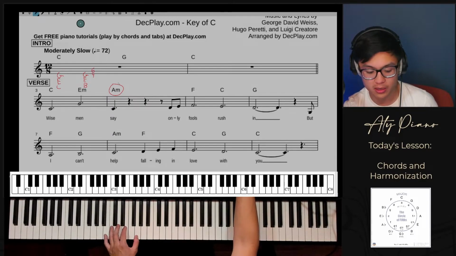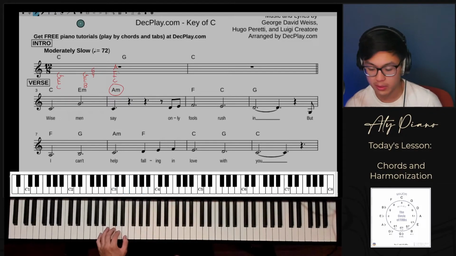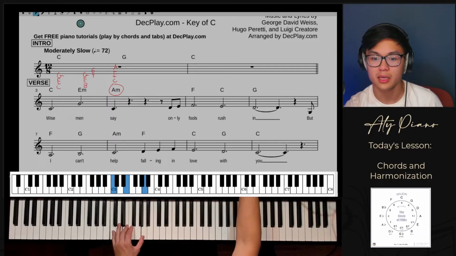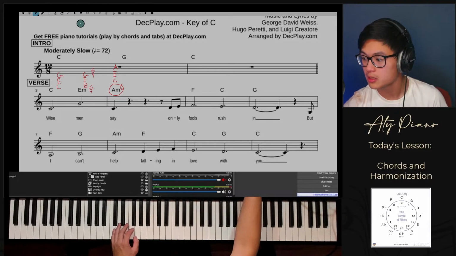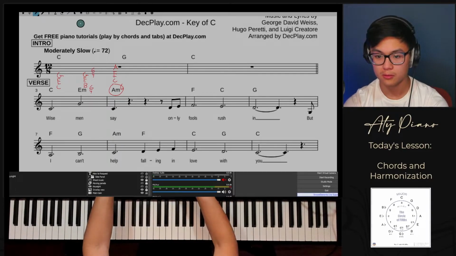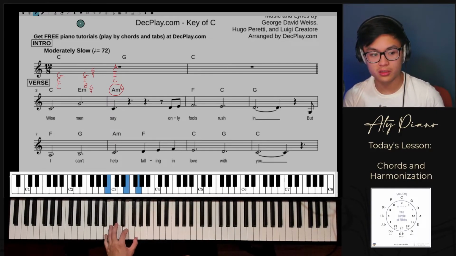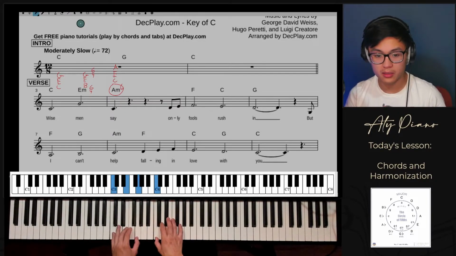And then we have A minor, where we went C, E, A. So if we go to our A minor chord and invert it once with the A on top, we have like an A6 chord. 6, 4. And this should make it a little bit easier to play a lot of our passages. So one more time, second inversion, first inversion. So if we put that with the melody,